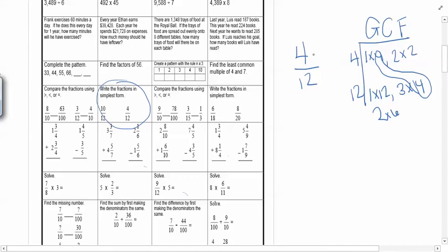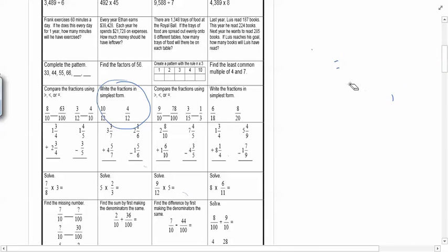So I'm going to divide my numerator by 4, and I'm going to divide my denominator by 4. 4 divided by 4 is 1, and 12 divided by 4 is 3. So 4 twelfths in simplest form is 1/3. Moving on with our